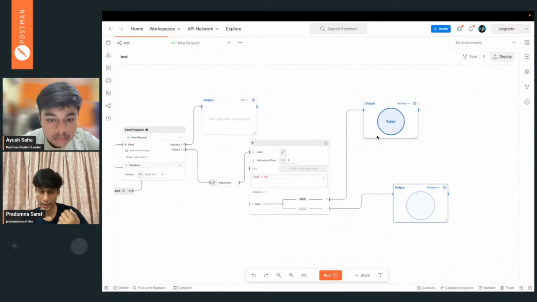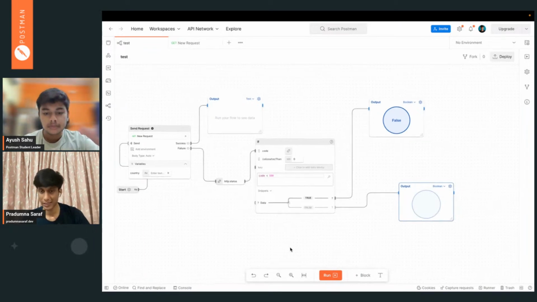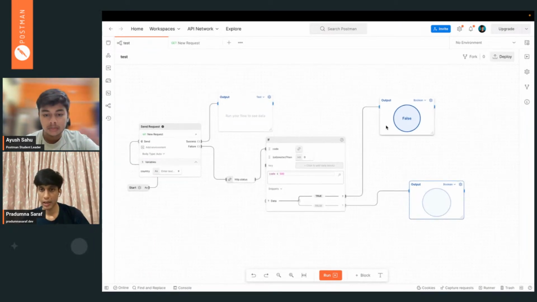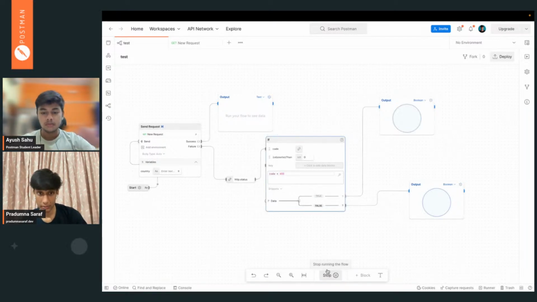It should show true, but due to some error, it is showing a bug. I already reported that bug. But for example, if you change the value again, it will run the false block. It just switches from false to true depending on the condition. Oh, sorry, not 50, it should be 5.